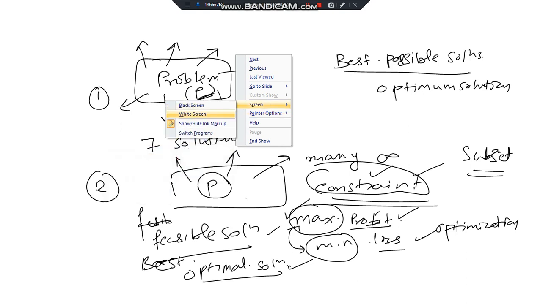I will take a new screen, white screen. So over here there are 3 things. What is a problem? Any problem whose size is n, and if this particular problem is to be solved by considering some constraints,